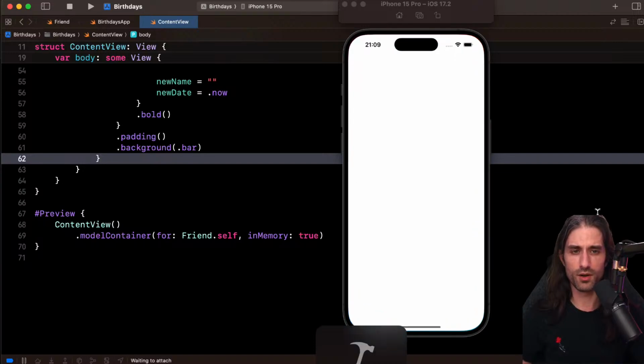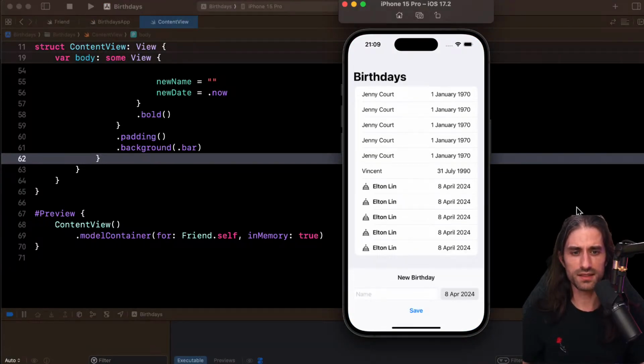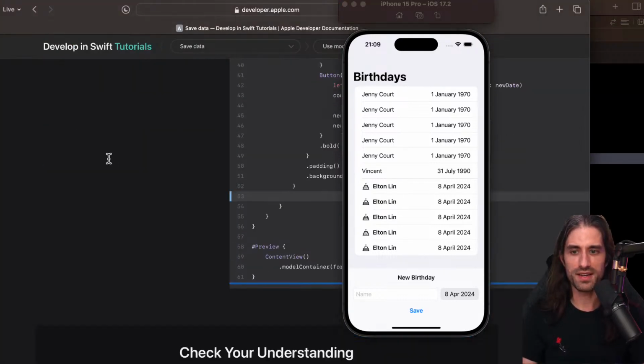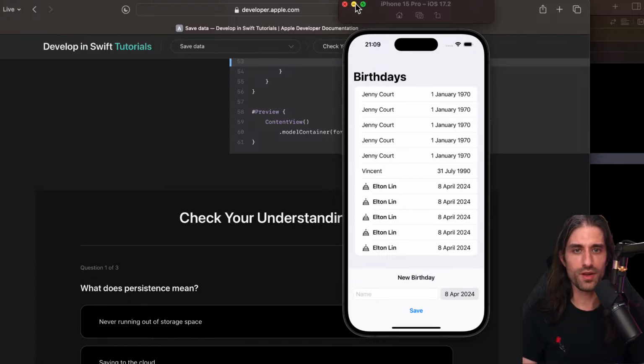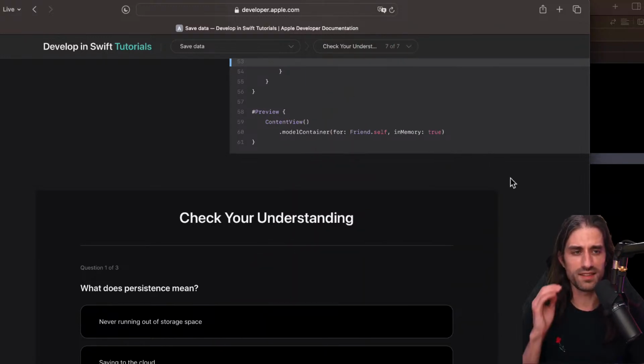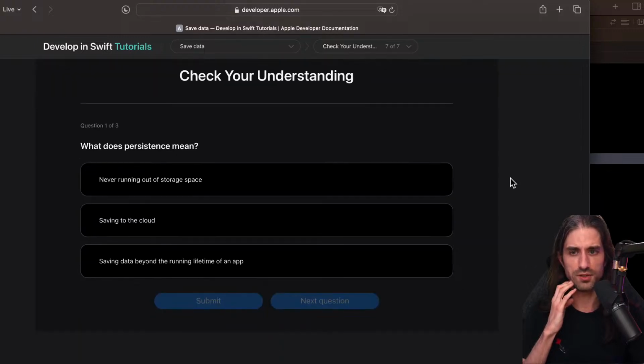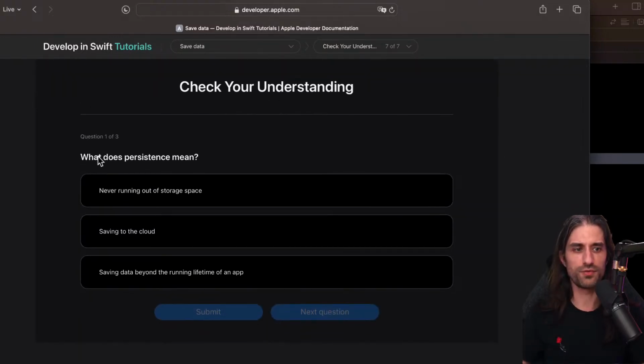So now, if we launch the app, we can see that indeed it has stopped adding new data every time that I launch the app, which is pretty nice. Now I guess, oh, we have a quiz. And I'm looking if next they will show us how to delete data. Otherwise, I will add this feature because it seems quite interesting to do. So we have a quiz with 3 questions.